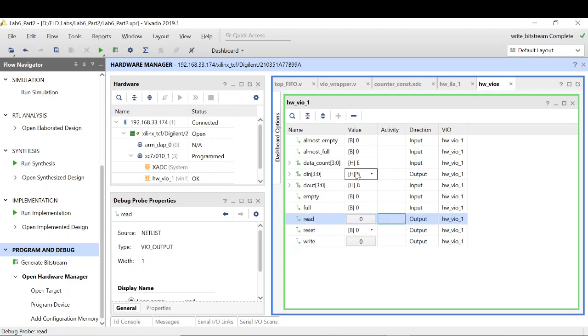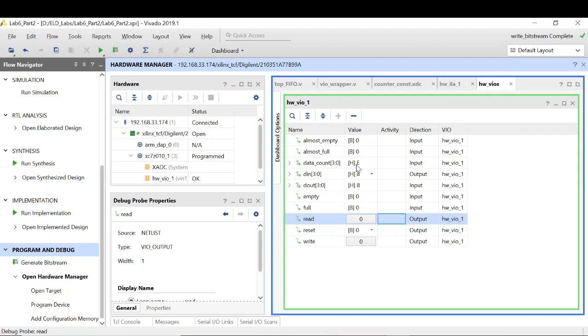Okay, so what I have done is two reads from it, because my data count was 0 after F, so it went to 0 because it's a 4-bit count. If in 4 bits I add one more, it will definitely go to 0. That does not mean no data is remaining in the FIFO. The 0 was simply indicating that once it's a 4-bit number, after F it will go to 0. But the data in the FIFO will remain intact. Whenever the full signal is high, you cannot write any other data onto the FIFO, and the data in the FIFO remains the same.